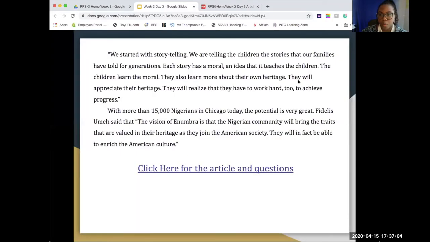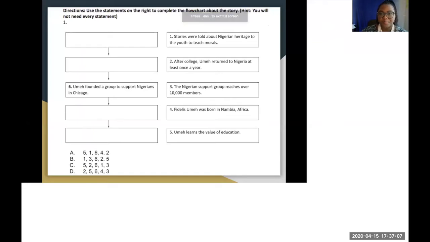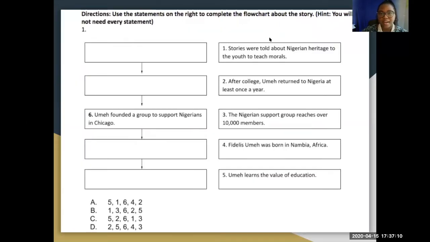So back to our full screen here. The first question: use the statements on the right to complete the flowchart about the story. Hint, you will not need every statement. Sorry about that. Okay, so we have stories we're told about Nigerian heritage to the youth to teach morals. After college, Ume returned to Nigeria. At least once a year, the Nigerian support group reaches over 10,000 members. Fidelis Ume was born in Nambia, Africa, and Ume learns the value of